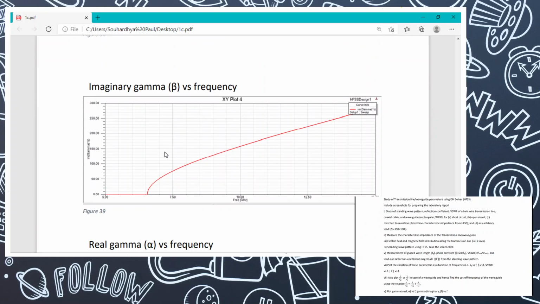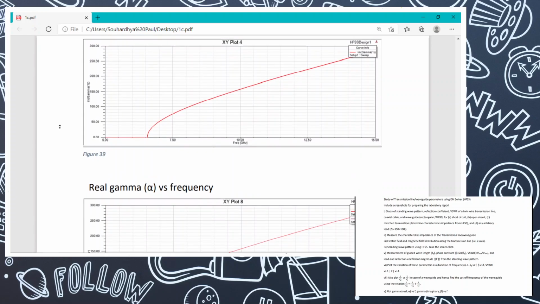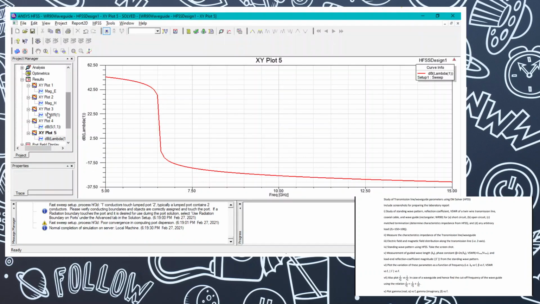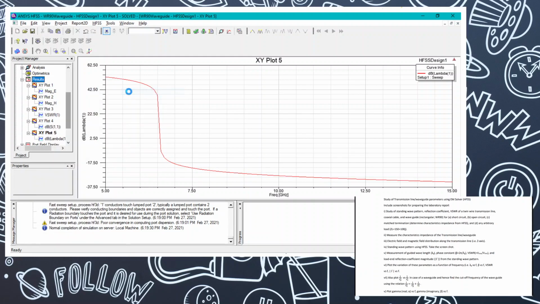So this is imaginary beta, imaginary gamma. Alpha is known as the attenuation constant, and it is the propagation constant. Sorry, beta is known as the phase constant, as I know. This is the phase variation over the frequency. You can also plot that using the same method as I have said now. You can head over to the results, create model report, rectangular plot,